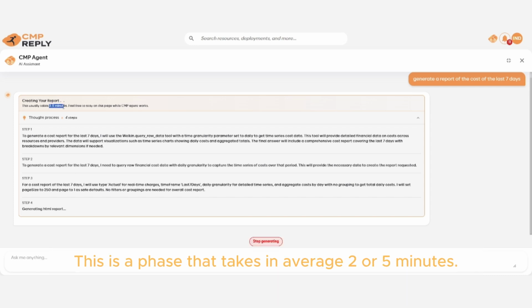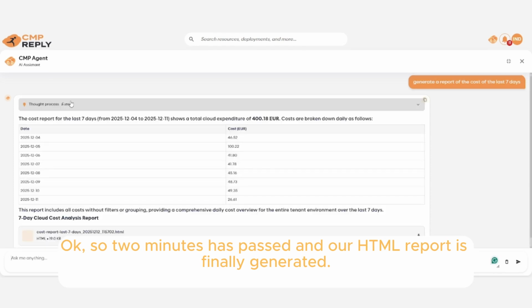This is a phase that takes on average 2 to 5 minutes. So let's see when the HTML is finally generated. Okay, 2 minutes have passed and our HTML report is finally generated.